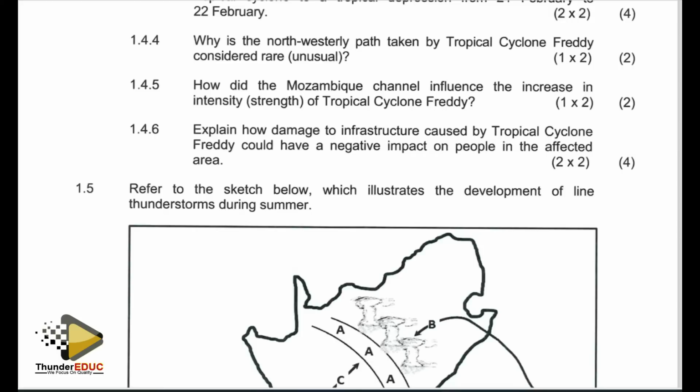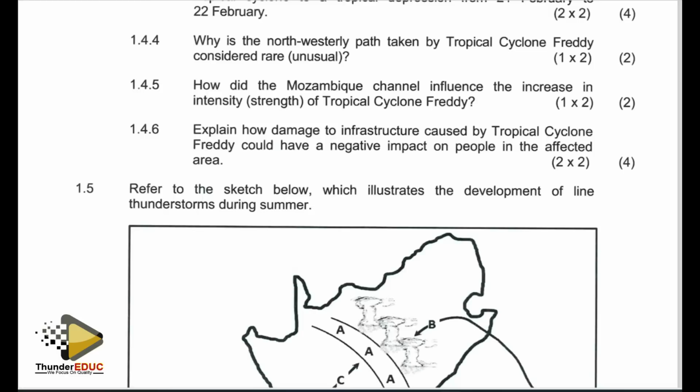So I'll highlight just a few examples for this instance. We can talk of damage to roads. Roads being a form of infrastructure, the road network being damaged by the tropical cyclone. How does it impact on the people? We can talk of difficulty in transportation of goods or difficulty in access to services. People have difficulties in accessing the services that they want because they need to be transported via the road network, or they have difficulties to access goods that they want because the road network has been disrupted by the cyclone.